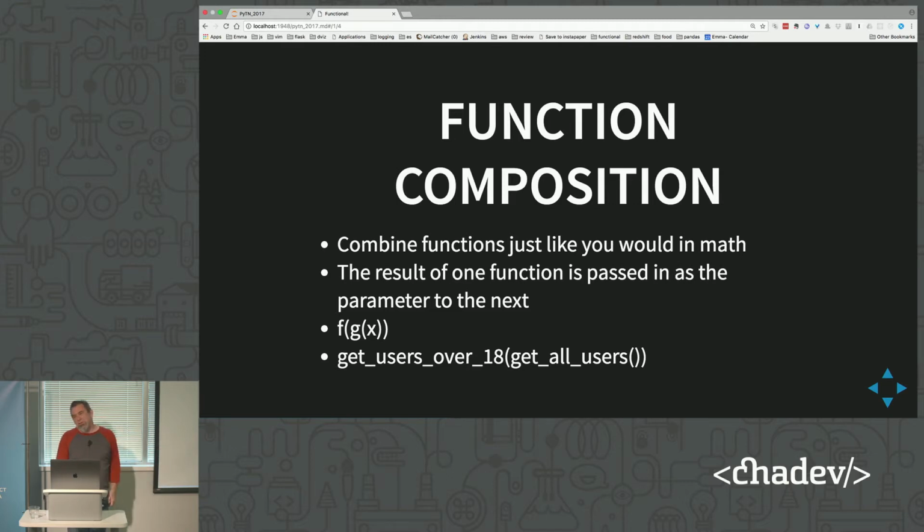In any case, if your functions are composable, you could do f of g of x, or you could reverse it and do g of f of x, so that your f function returns and is an input to your g function. And this is something that we probably do on a daily basis, but don't really think about. You might call a function and assign the return value to a variable, then send that variable into the next function, that type of thing. That's just composability. It's a pretty simple concept.